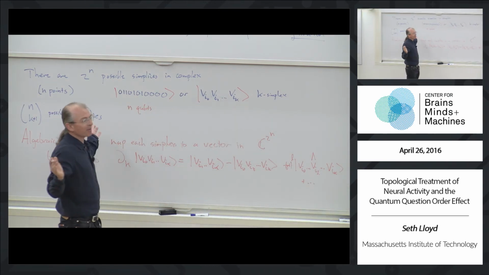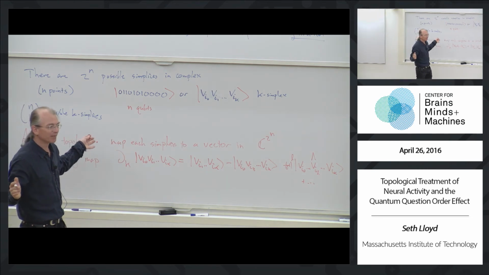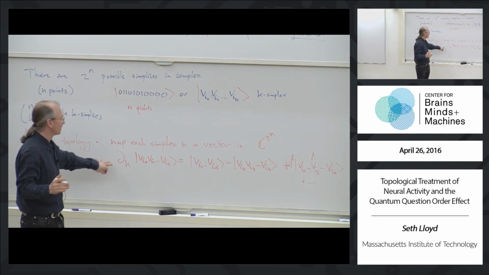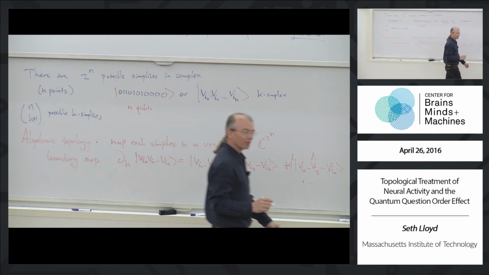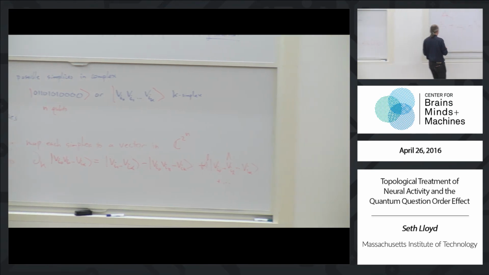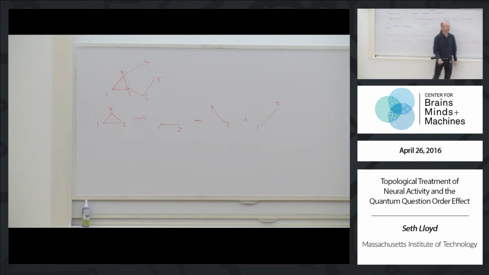So it's just a linear map on a very high-dimensional vector space, a 2 to the n dimensional vector space. A 2 to the n by 2 to the n operator. And I can define it for each of these. And let me show you why this works so nicely. Why define such an object?